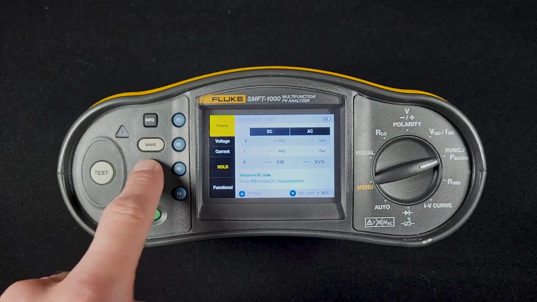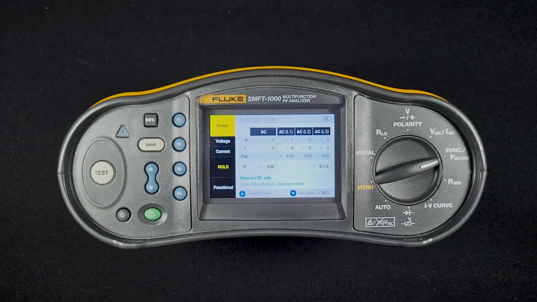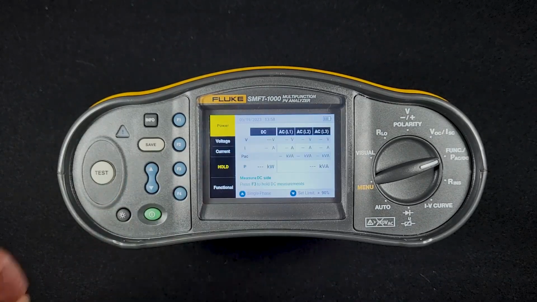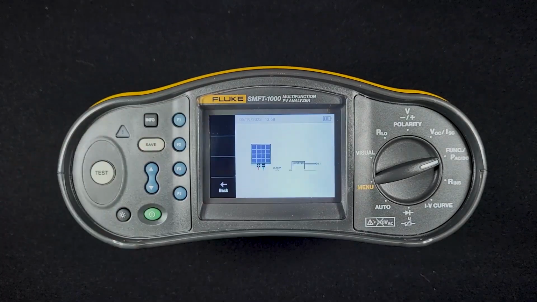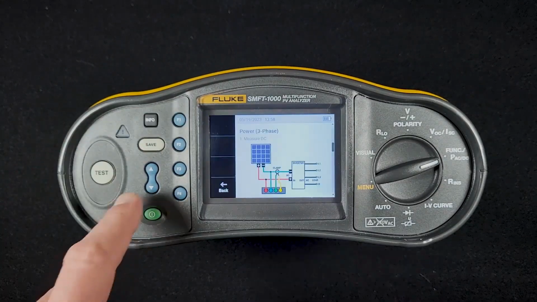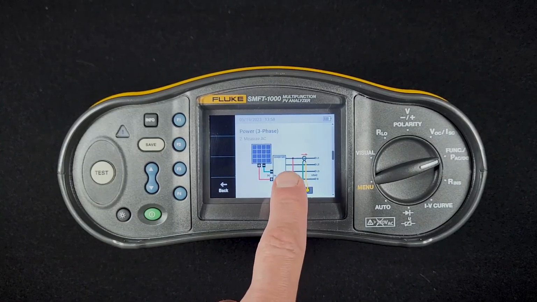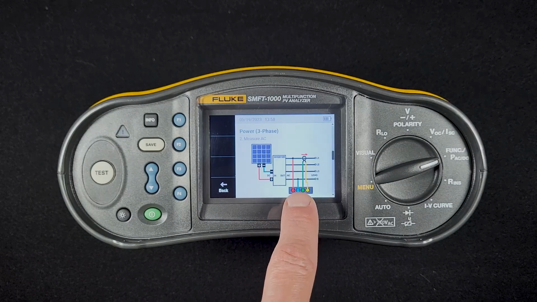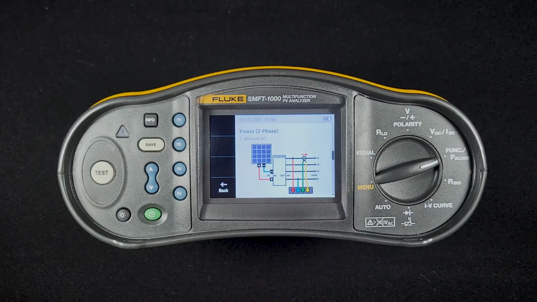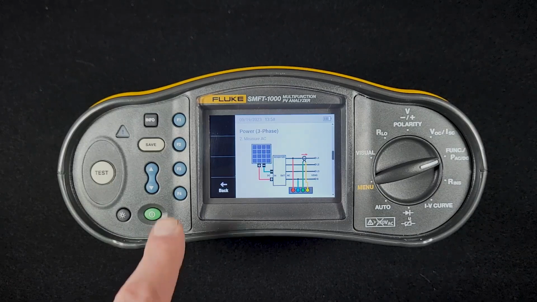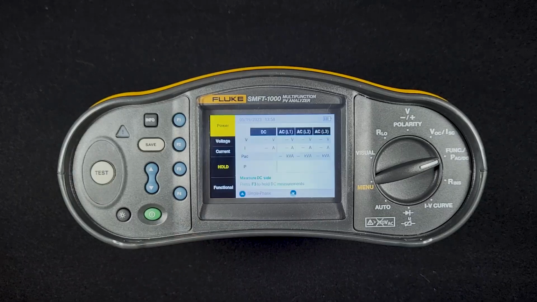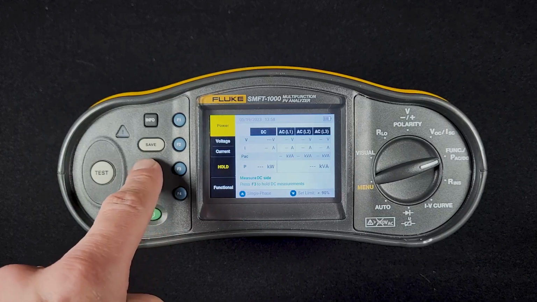If we hit the up arrow, we can use this to test a 3-phase system. And again, going to the info button is going to show us how to set that up. The DC side is the same. When we go to the AC side, we're going to put the red lead on L1 and then the blue lead on the neutral and our current clamp on L1. On the AC output of inverters, the voltage and the current on each of the legs should be the same, which is how we can calculate the 3-phase power. Everything else is going to be the same on here. We can switch back to single